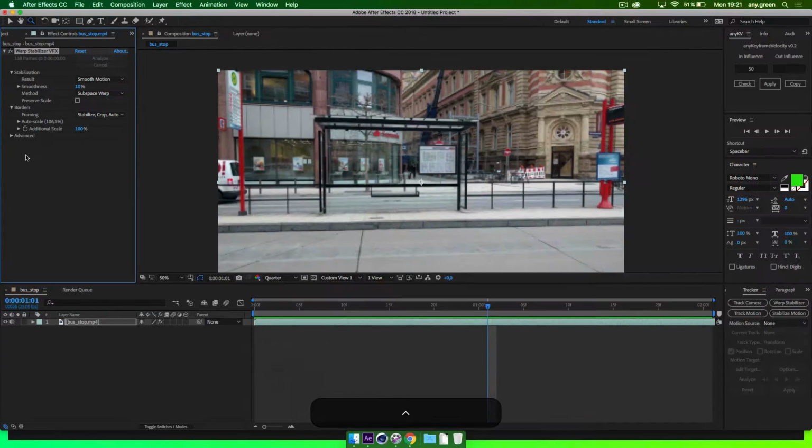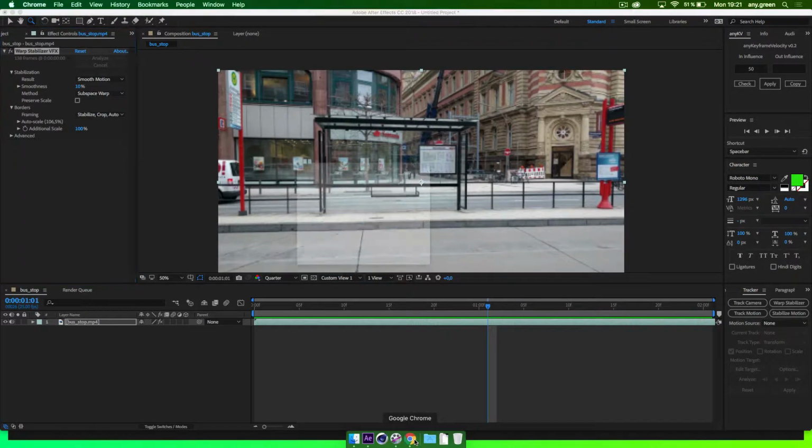Do we know what a rolling shutter is? A rolling shutter effect is